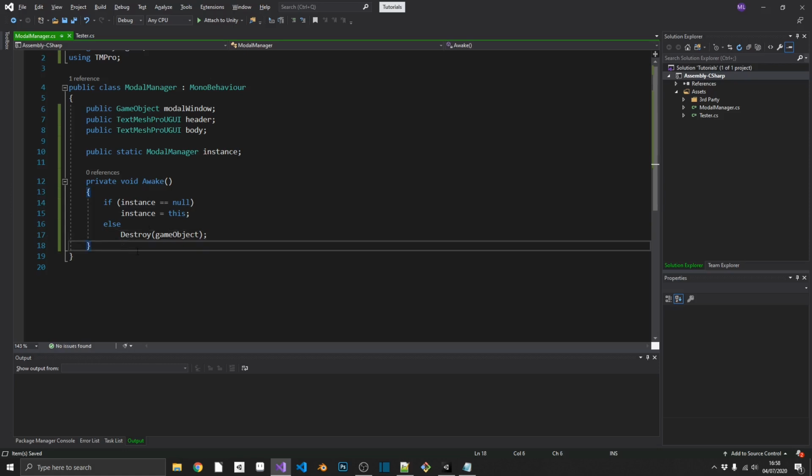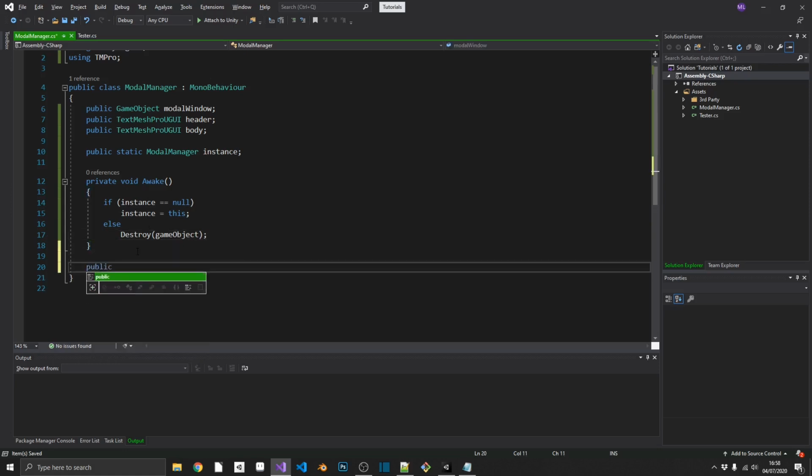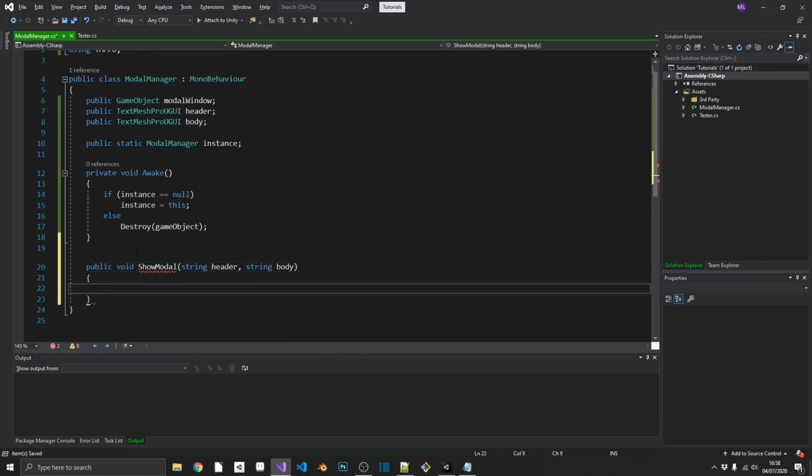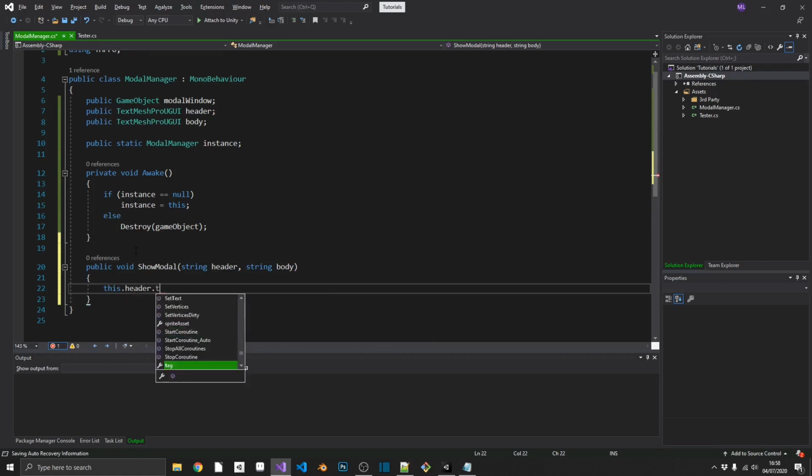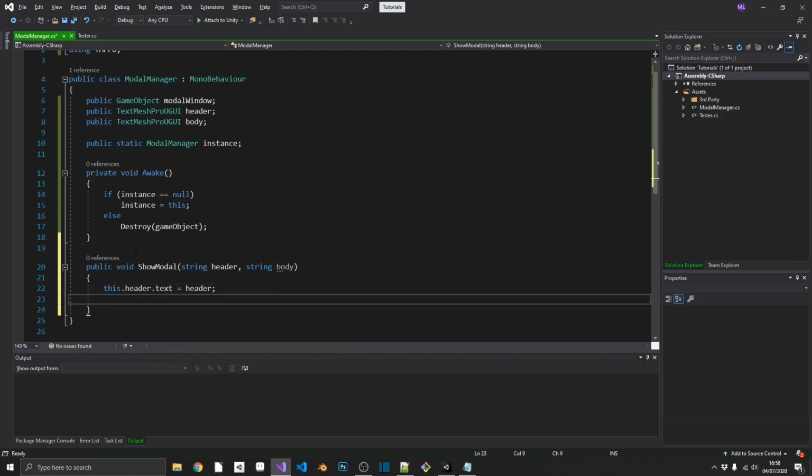And inside here we're just going to want two methods. We're going to want a public void show modal, and that's going to take in a string for the header that we want to display, and it's also going to take in a string for the body text that we want to display. And inside here, really simple, we're going to set this dot header dot text equal to header. This dot body dot text equal to body,